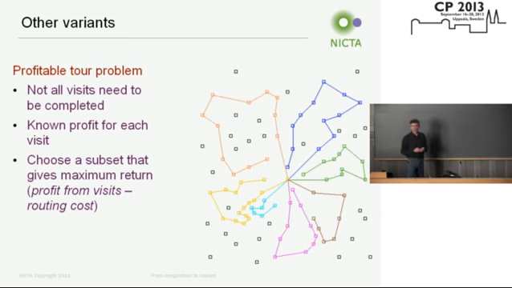And just one more variant that's studied in the literature quite a bit, and which is also very interesting, is profitable tour problems. Here, we don't have to visit all of the customers. Usually, that's the first thing, you have to visit all the customers. But in this one, we're asking the question, is it actually worthwhile visiting the customer? Or do I actually have time enough to visit the customer? And so, as well as deciding which vehicles visit which customers, you're also deciding which customers to visit. And you want to choose the subset that gives